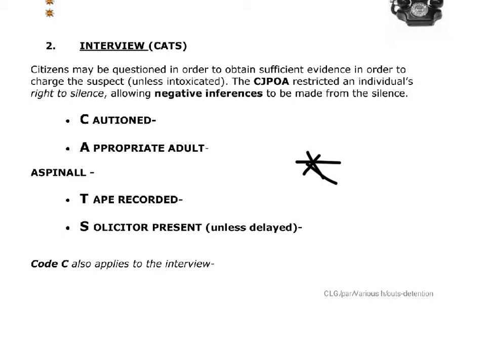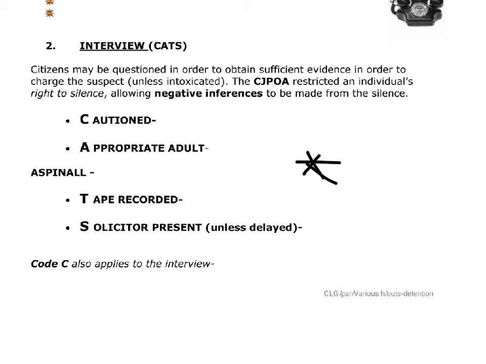Now, this appropriate adult can be a friend, a relative, or anybody in the legal profession. It doesn't have to be anybody in particular, which is good in one sense because you might be interviewed with a parent or relative sat next to you, so you might feel a bit safer. But it's bad because that appropriate adult doesn't really receive any training. So when they're talking to you and trying to help, they might actually be hindering the investigation. They might make it worse, for you anyway.